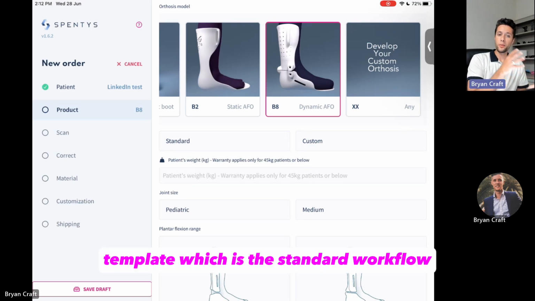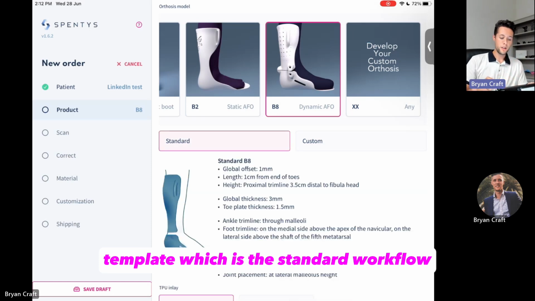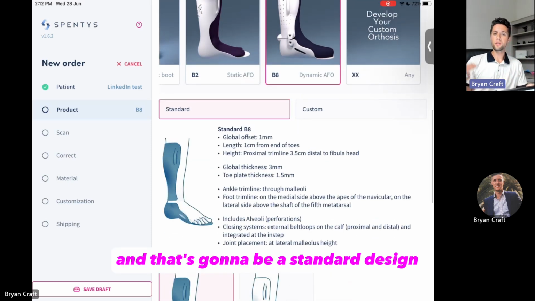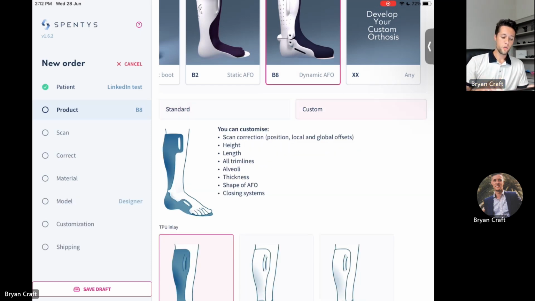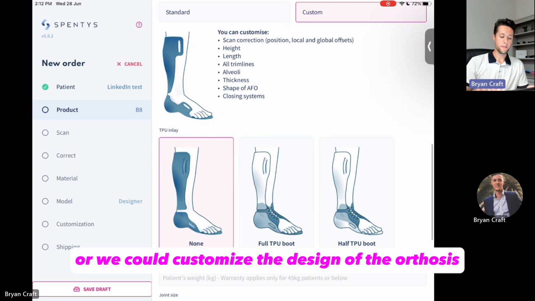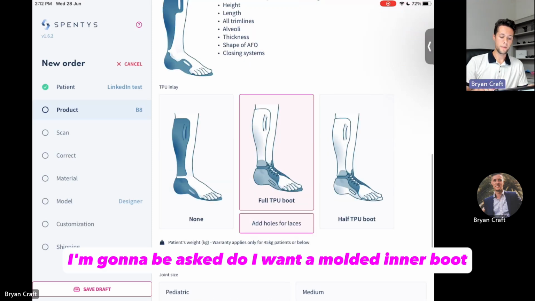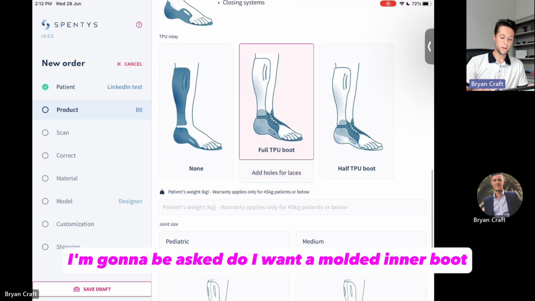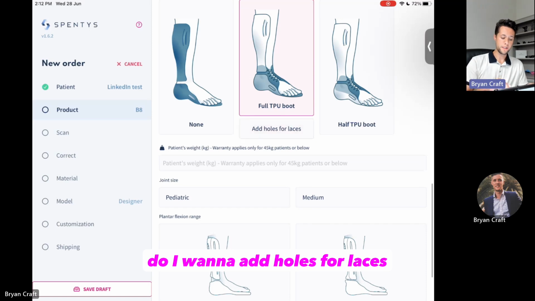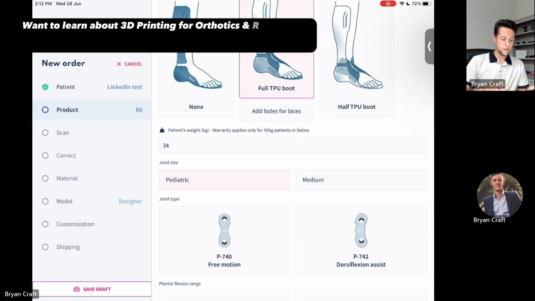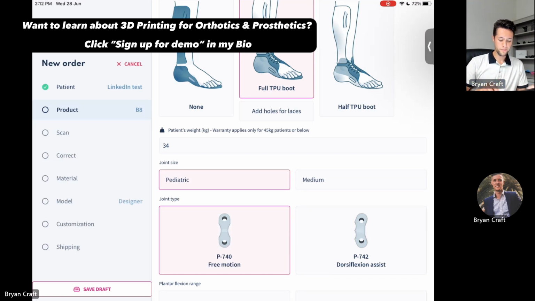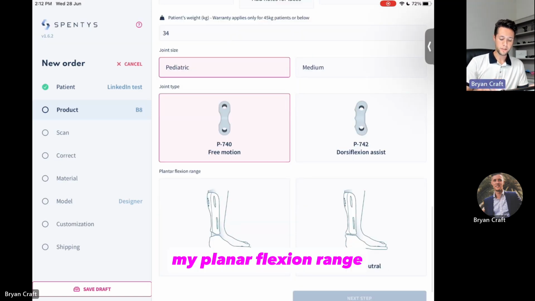template, which is the standard workflow. And that's going to be a standard design based on your custom scan. Or we could customize the design of the orthosis. I'm going to be asked, do I want a molded inner boot? Do I want to add holes for laces? I have to input my patient's weight in kilograms. Select my joint, my plantar flexion range,